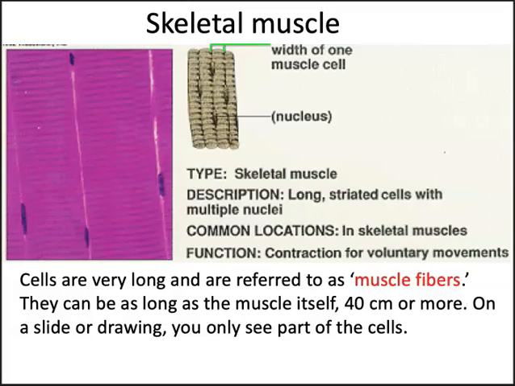Skeletal muscle is found in the muscles that are connected to your skeleton, your skeletal muscles. These are the ones that allow you to walk and talk and chew food and move around. They're the ones under your conscious control. And in skeletal muscle, the cells are very long, and like in all muscle tissue, the cells are referred to